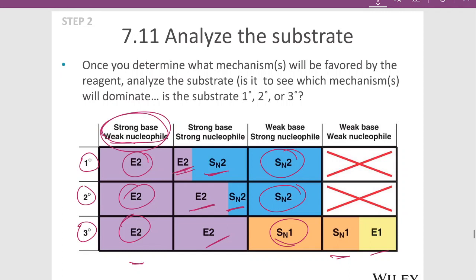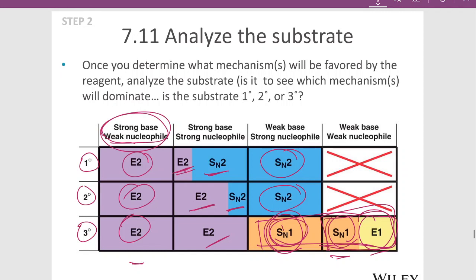If we have tertiary and we have a weak base, weak nucleophile, we get SN1 and E1. That's where we're going to see that pile of crap, because both of those reactions are very slow. And we're just going to get a mixture of products. So generally, the SN2 or E2 is going to predominate because these unimolecular reactions are really slow. Okay, unless you just have a tertiary substrate and you don't have a base, you just got a nucleophile, then you're going to get SN1. Or you have just a weak base and weak nucleophile, then you're going to get SN1 and E1 for the